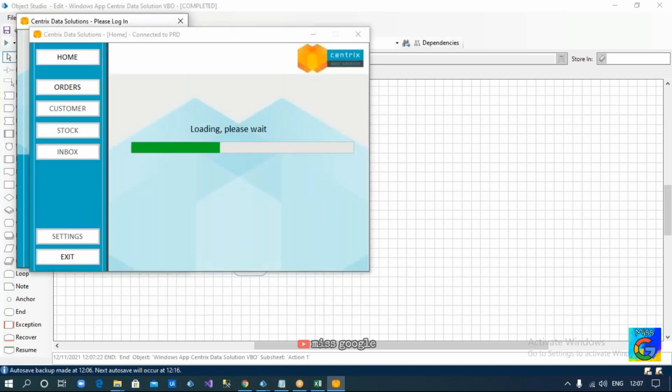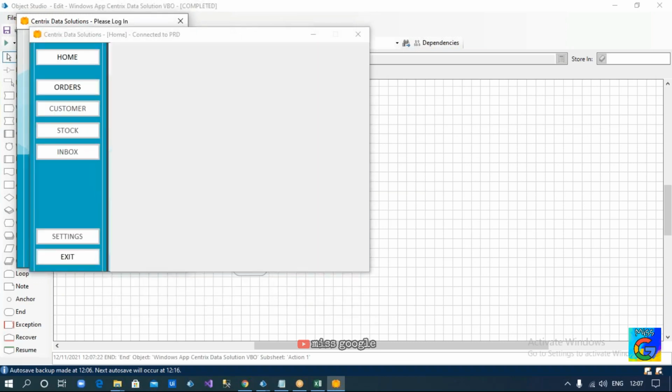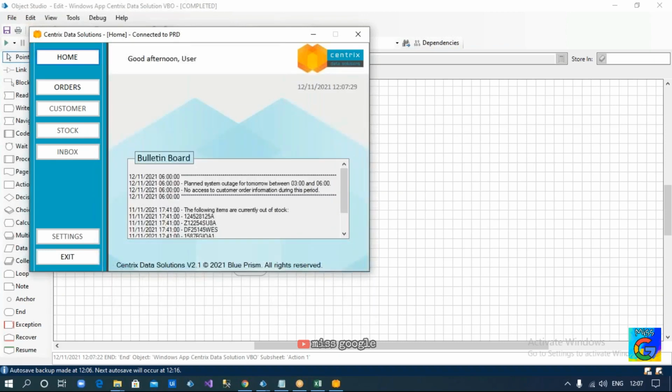And since my application is available, now it is going to enter the staff number and password, and it is able to log in into the application. Now